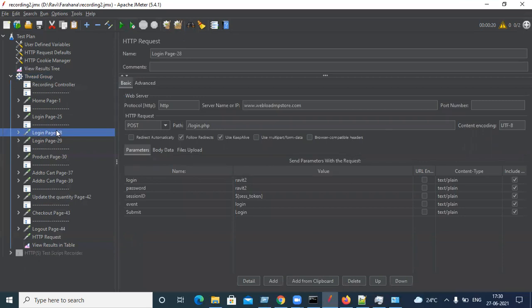Correct. The next one. The unnecessary error percentage is increasing, right? It's not an application error, it's not a server error. It's due to our scripting error. So we don't have to count that while submitting the report to the client, right? We should report errors about the server side or load side, not our scripting side. Otherwise this will mislead, right? We don't know whether the error is related to the server, or to correlation or scripting.